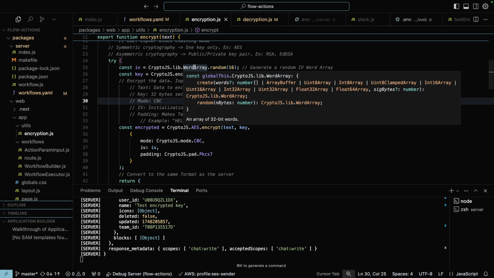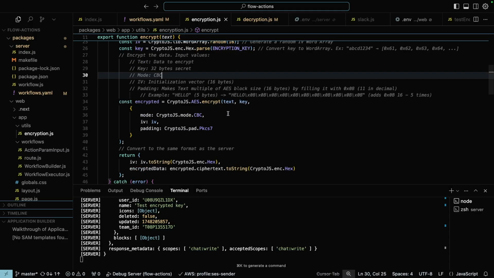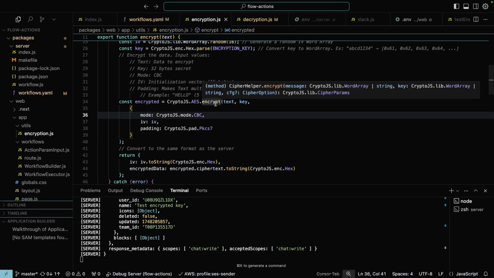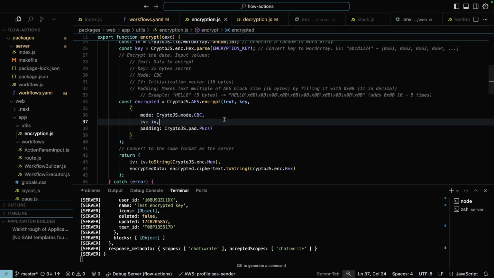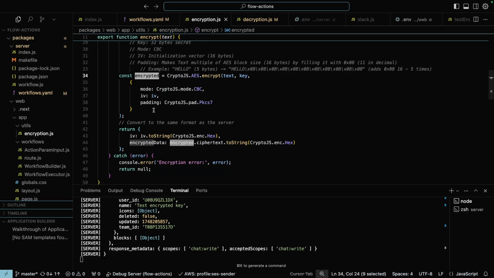Here, a word array object is created, which is basically an array of bytes specific to perform the operations inside the algorithm. And we do the same for our encryption key. At the time of encrypting our text, we just feed the encrypt function from the crypto.js library with all this information, specifying the algorithm that we want to use, and all the information in byte array format. And then this encrypted object contains the cipher text, that is the encrypted data that we later on will store